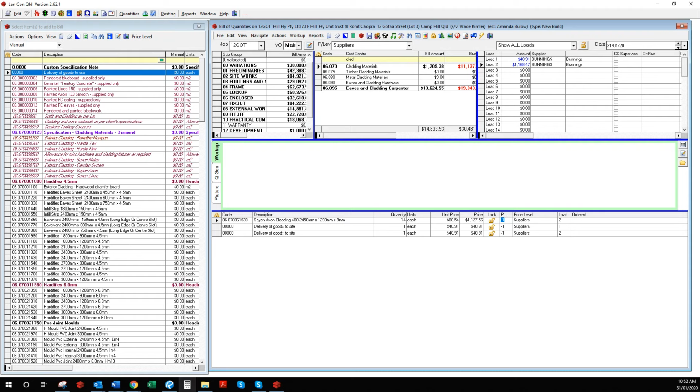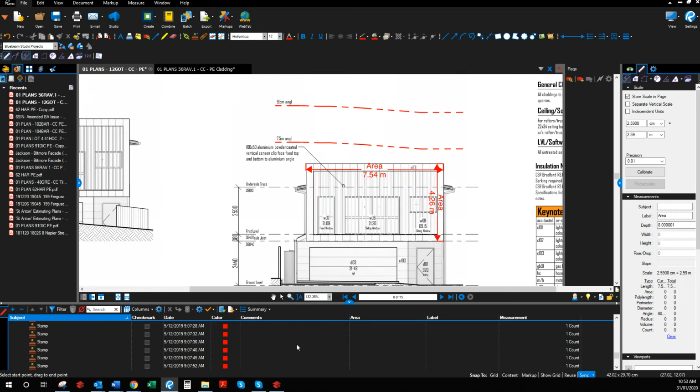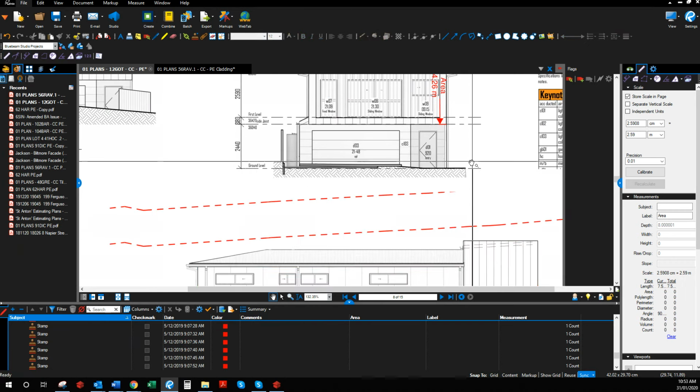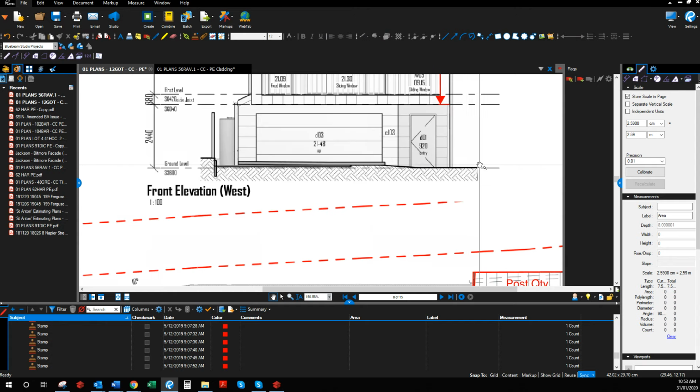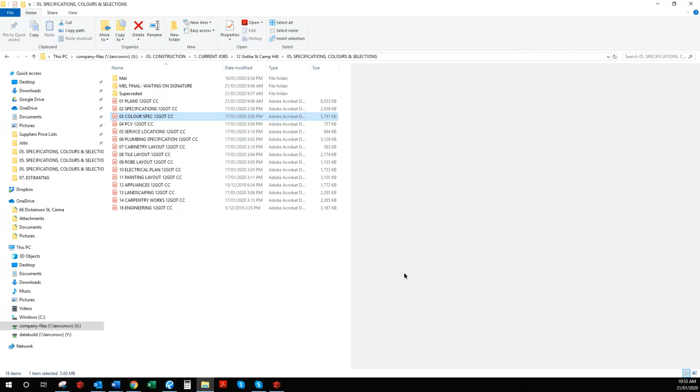So this one, when we were looking at the plans, shows that it's on the upstairs. So that's what we're going to need for that area. That is quite a bit of extra wastage, so I think that will be adequate to do the returns there. So now we're going to work out the lower level. If we go back to our specification sheet,